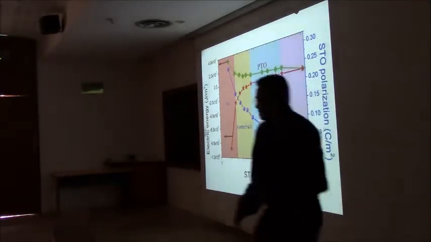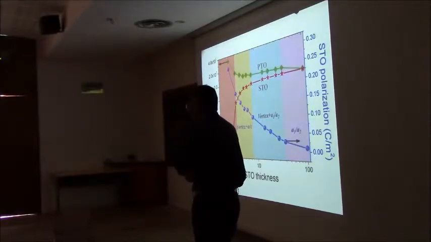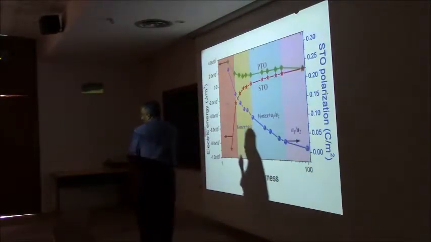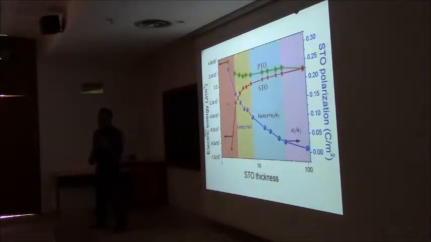Yes? An additional question. So if I understood well, this process takes place during the cooling process from the paraelectric to the ferroelectric. Yes. So what happens if you grow your material in the ferroelectric phase? That's a good question. We can do that with bismuth ferrite. I'll show you at the end what happens with bismuth ferrite, which is something that we never expected. That'll be the last 5 minutes of my presentation. This is very interesting. It's not something that you would say is very obvious. It's emergent, but in a very different way.